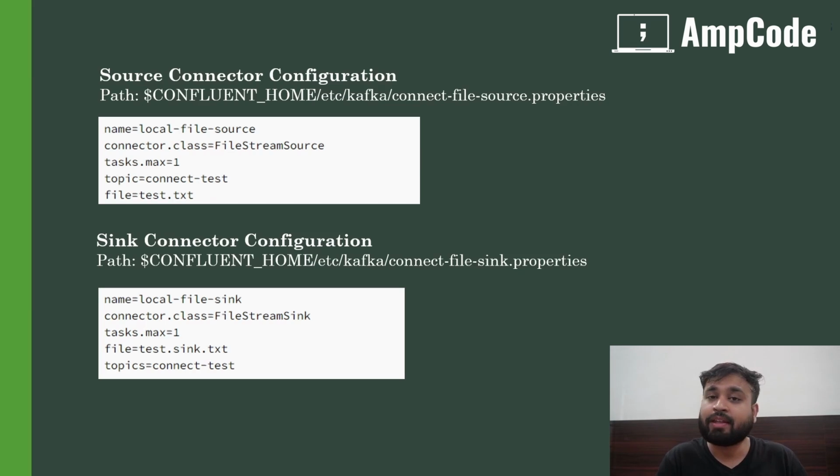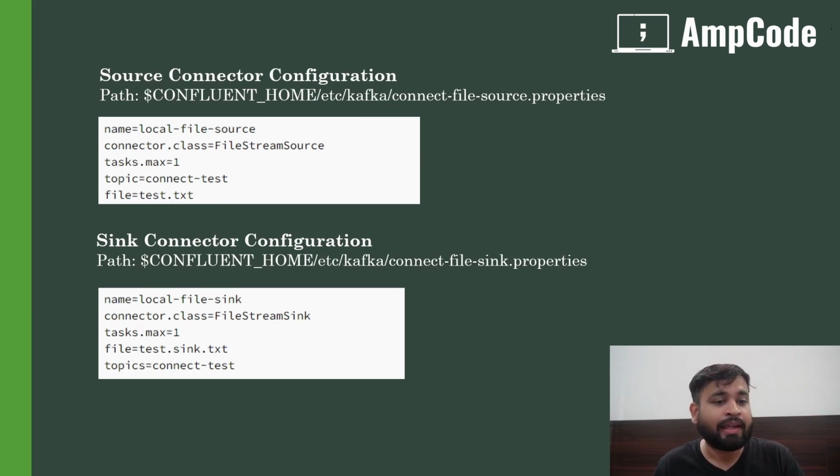When you install Confluent Kafka on your local system, it will have the etc directory, inside etc you will have kafka, and in kafka you will have the connect file source.properties. You just have to open it in Notepad and define the source properties of your